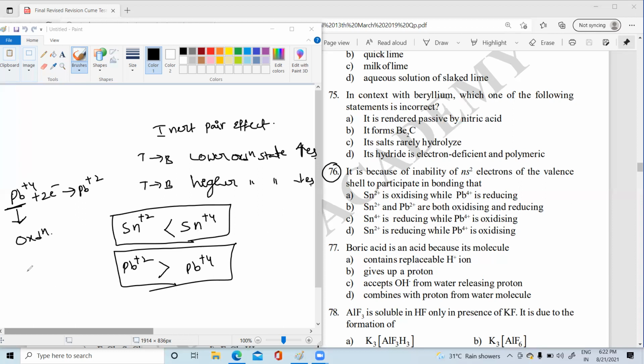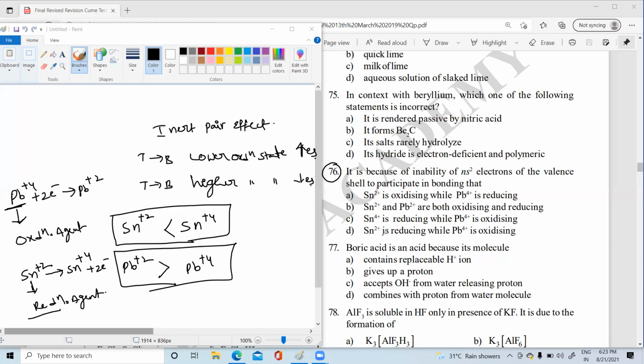If you go for Sn in the plus 2 state, it is unstable, immediately it is converted to the Sn plus 4 state by releasing 2 electrons. So it is undergoing oxidation. So this is a good reducing agent, we can tell, students. So let's see in option 4, Sn plus 2 is the reducing agent.